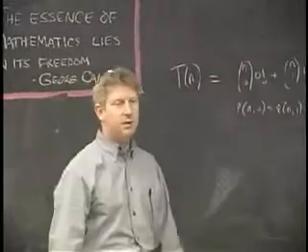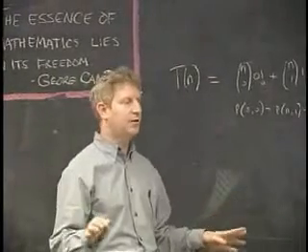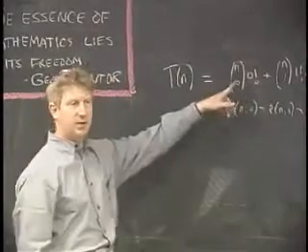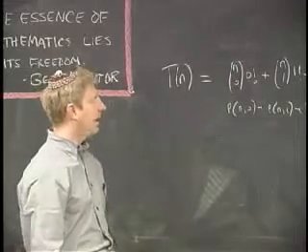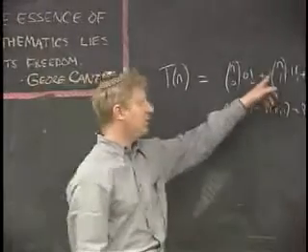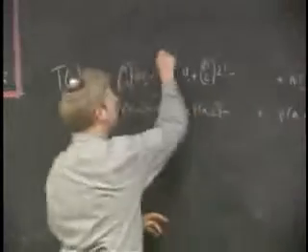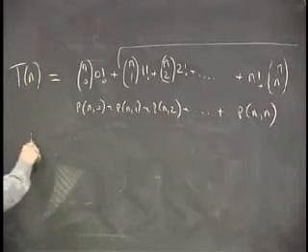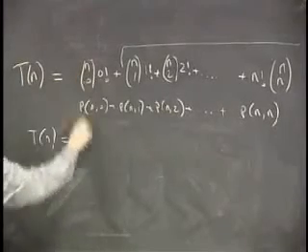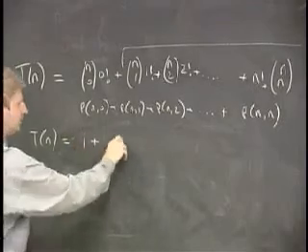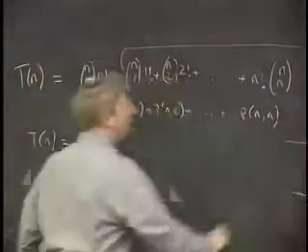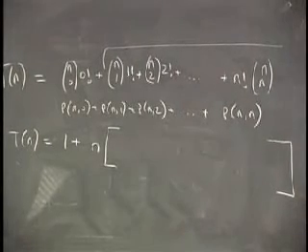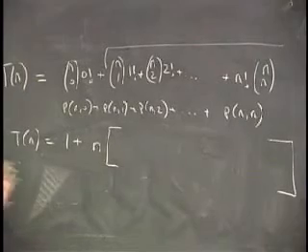All right. Well, I don't want to spend too much time on this. I'm going to do this for about another 5 minutes, but I just want to tell you what I've found out about this and what is true. You can fiddle with this a little bit with the algebra, and here's what happens. You can factor out an n from here to the right. And if you factor out an n from here to the right, here's what happens. T of n equals, this part is 1, plus n